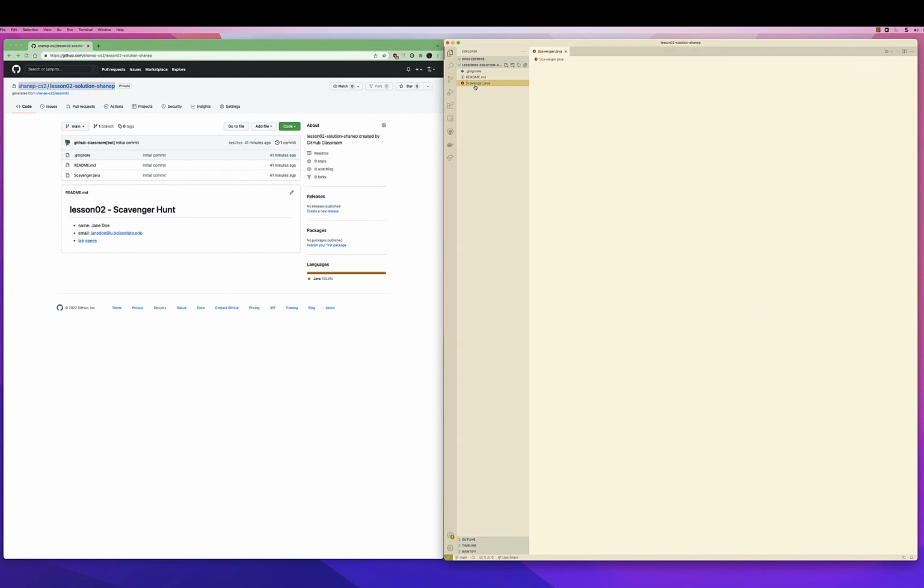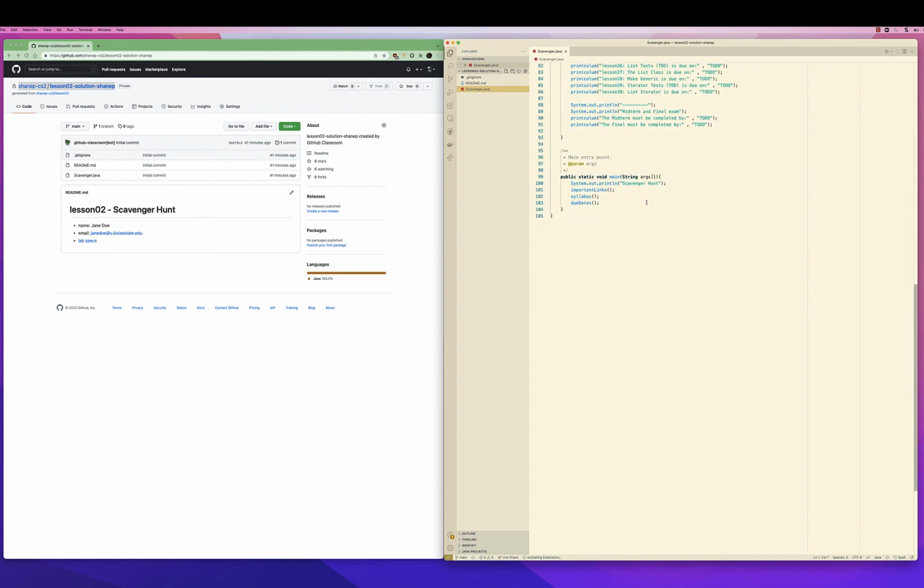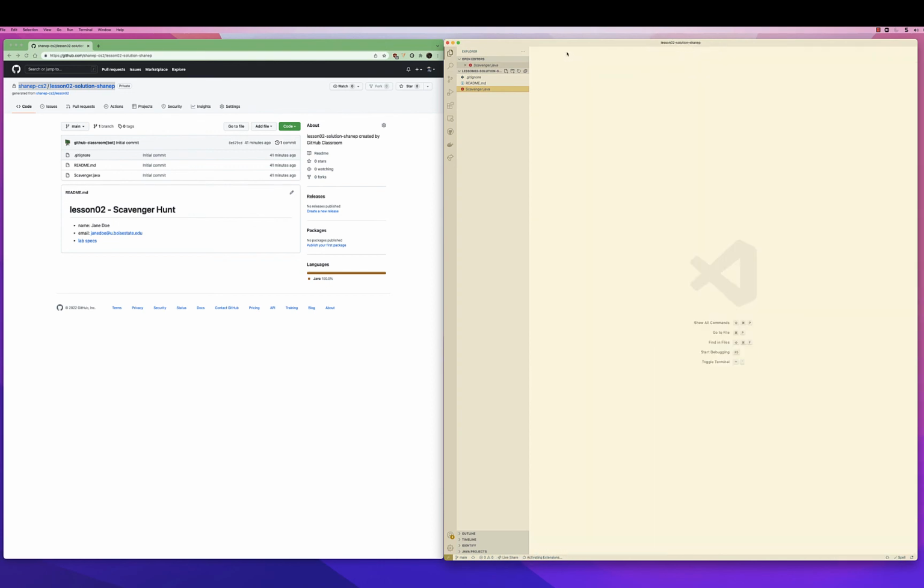So in this case, there's just one file, and we can go in here, we can start to work. And that is all you need to do. Happy